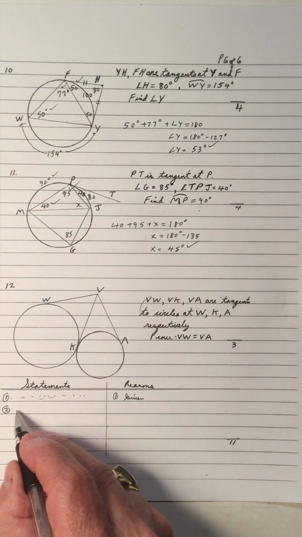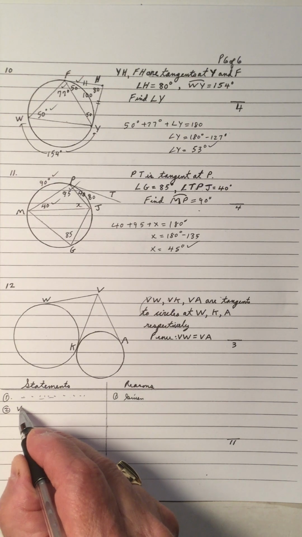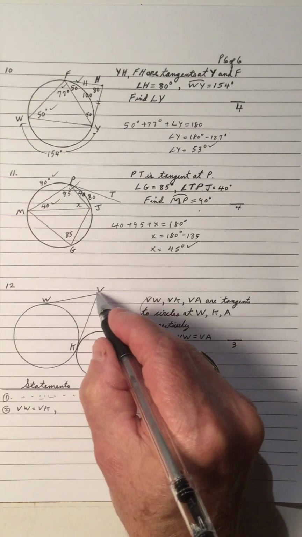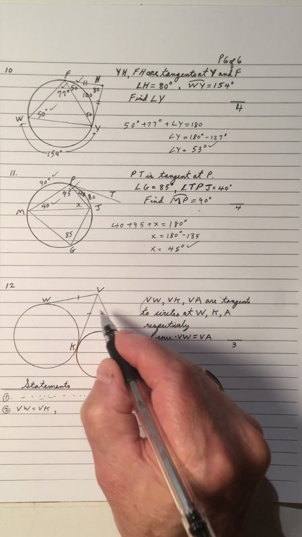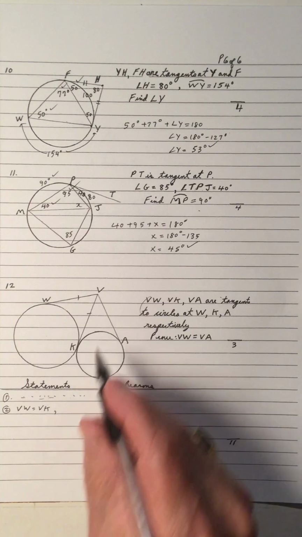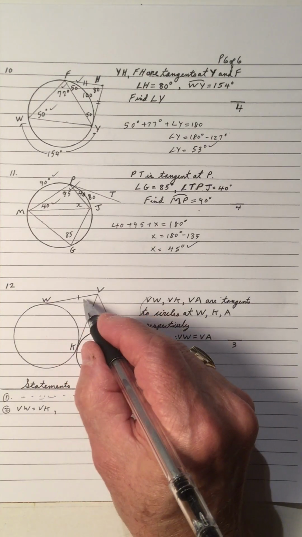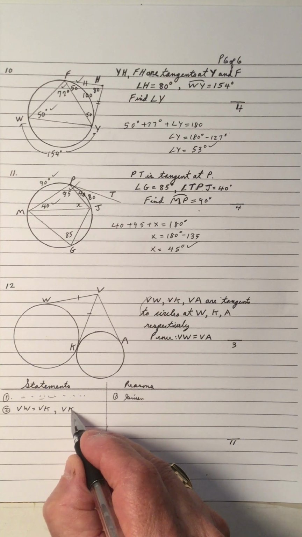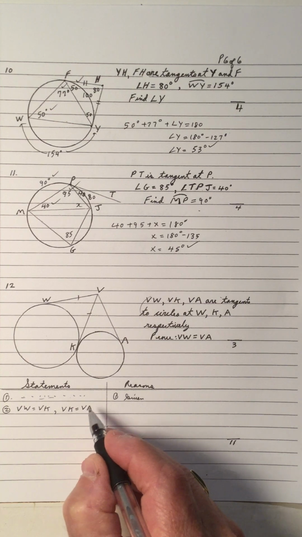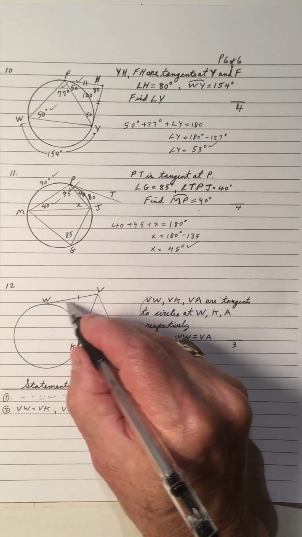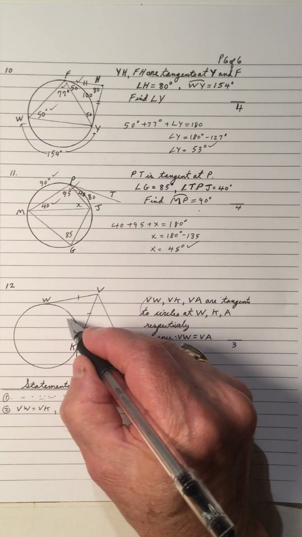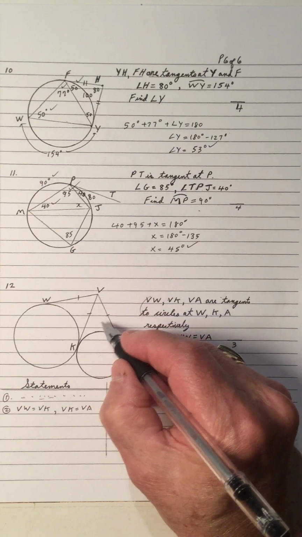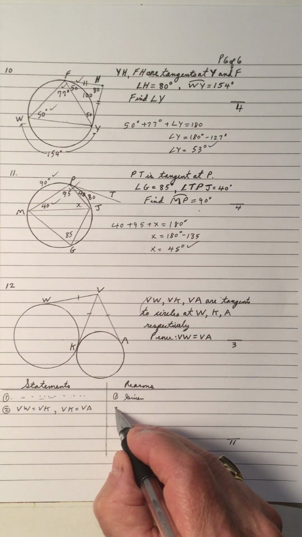Number 2, we have that VW is equal to VK. The reason is two tangents drawn to a circle from a common point are equal. We also have that VK is equal to VA also. See, these two tangents are equal from V going to this circle. These two are equal here. Two tangents going to two separate circles. So the reason is